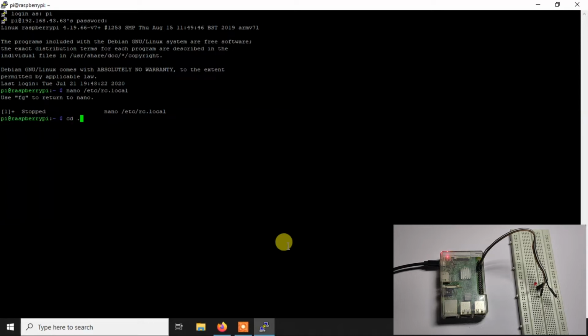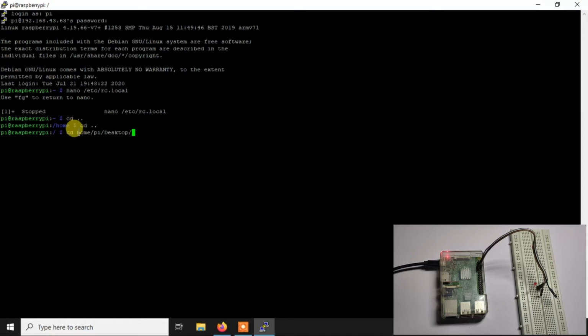So at first you can go to the root folder. You can use cd and dot dot, and whenever you see a slash and then this dollar sign, that means you are in the root folder. Now from here, if I write cd home, at first there's a home directory, then the username of yours, in my case it is pi, and in your case if it's something else, then instead of pi there will be that. Then you have Desktop, and then finally you have blink.py.